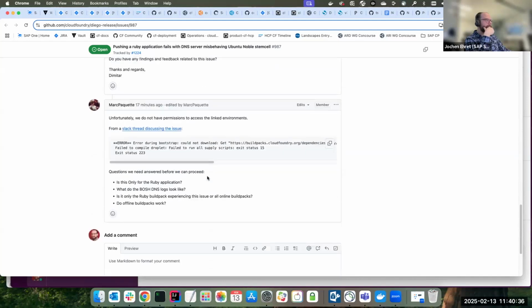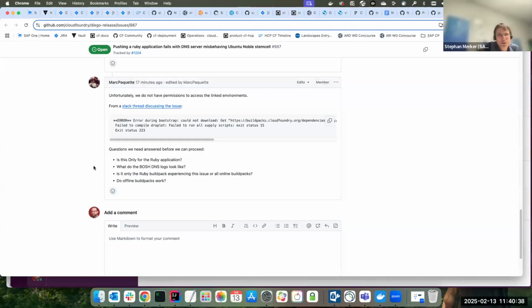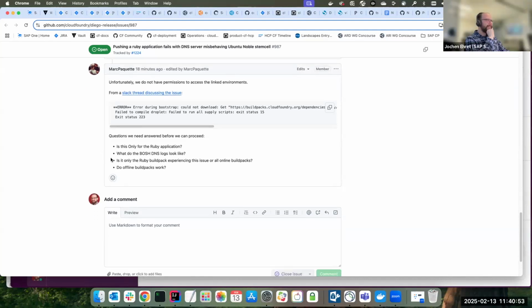Okay. That can then also be the root cause for the Java buildpack, right? Possibly, yes. If some download fails very early. But they have accepted this as a bug, right? I asked Mark and according to him, this is an issue on the BOSH side, but that is why we started a discussion in Slack.